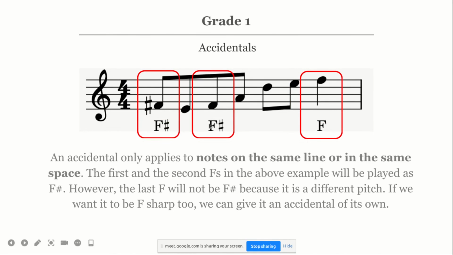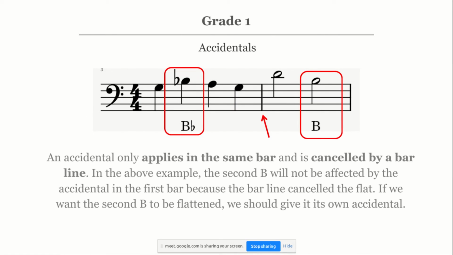And then if you have the F being a different pitch, but still F, like in this case, this is F, this is F, and this is F, the one in a different pitch will not be affected by the accidental. So it has to be the same space or the same bar. Okay. All right. But if there is a bar line